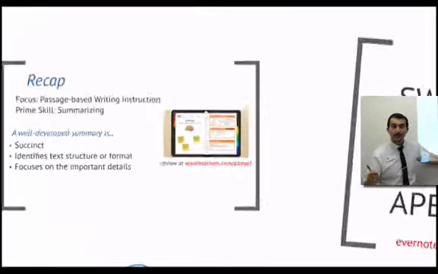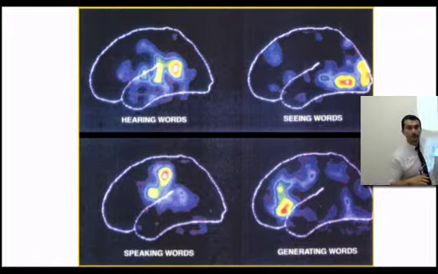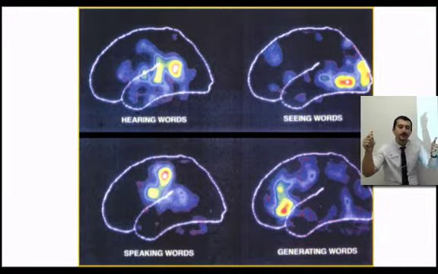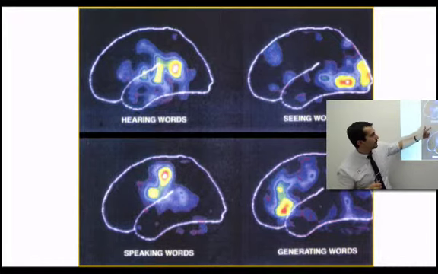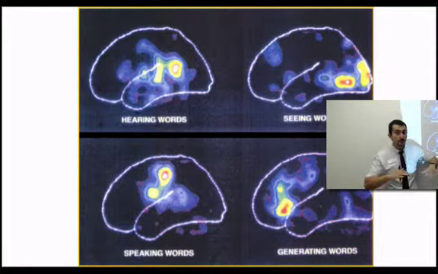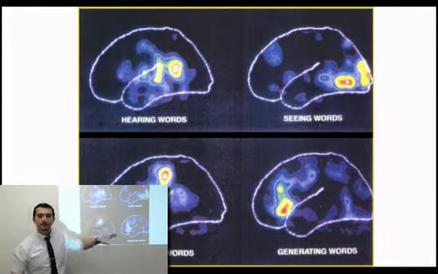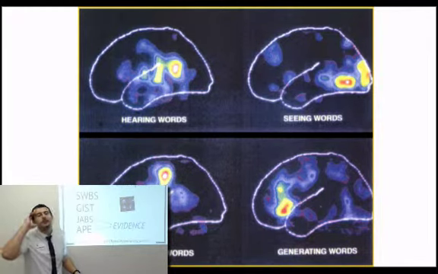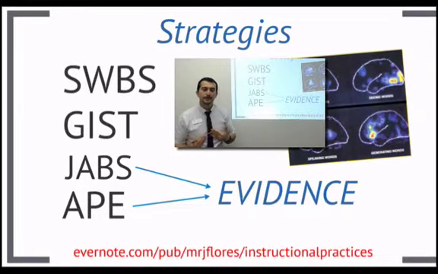So I like any strategy that incorporates all aspects of the brain, these 4 corners specifically. I tell my students when I show them this brain slide, I want your brain to light up in class. These will be the areas worked in the brain whenever they hear words, see words, speak words, and generate words. So once we do that cycle, at least every single lesson that we give them, they are in pretty good shape and they'll leave exhausted because they'll have used their brains so much in your class, and that's a good thing. So some strategies to get them to each of those aspects are the following.